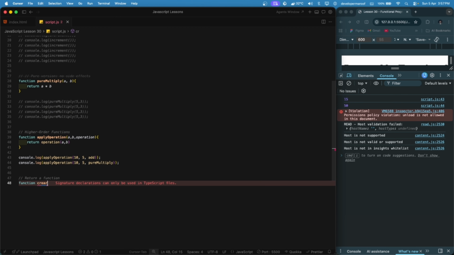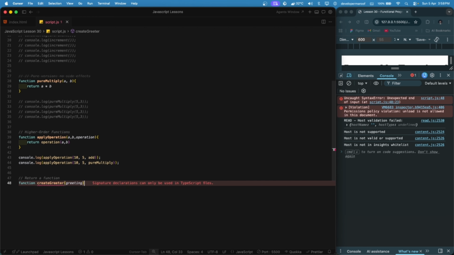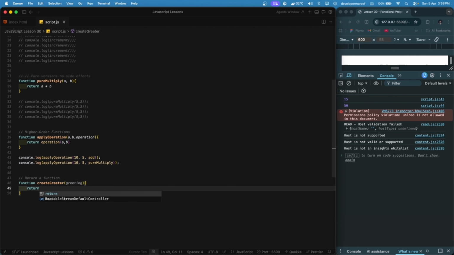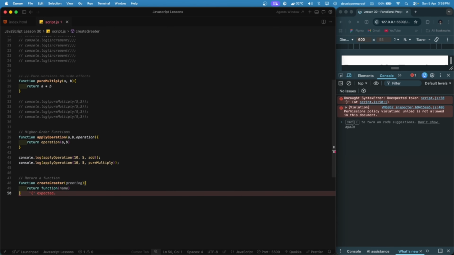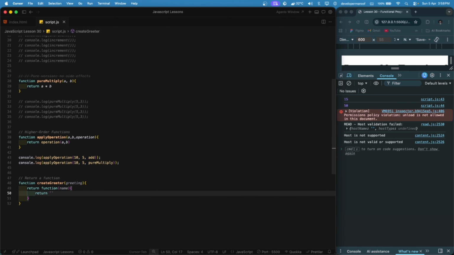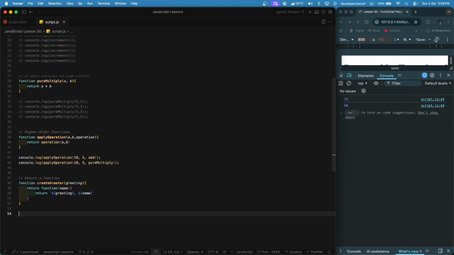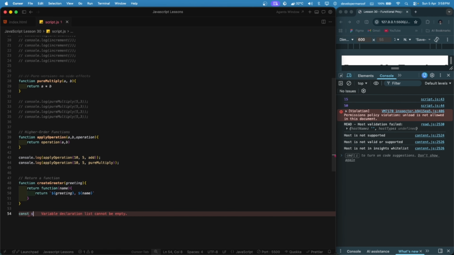Let's create greeter, and let's pass our greeting here. Inside that we can return any function. Let's say function, and we have another parameter, name, here. Inside that we can just return our message. Let's say our greeting will be printed here, comma, our name. Now let's make a variable here, const sayHello